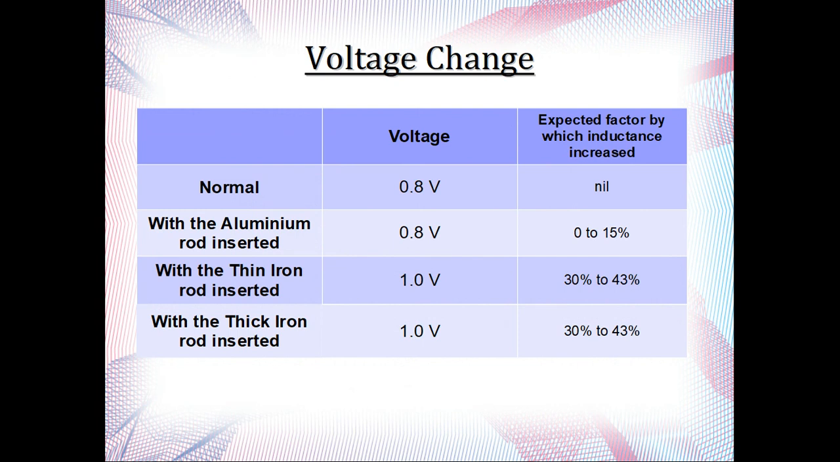For normal, the voltage is 0.8 volts, and when the aluminum rod is inserted, it is 0.8, and the iron rods make it 1.0, both of them. Now, a problem that is caused by our instrument not being precise is we had to make an expected guess of the factor by which the inductance increases. Why? Here is the